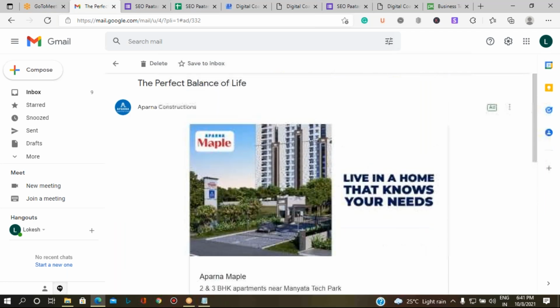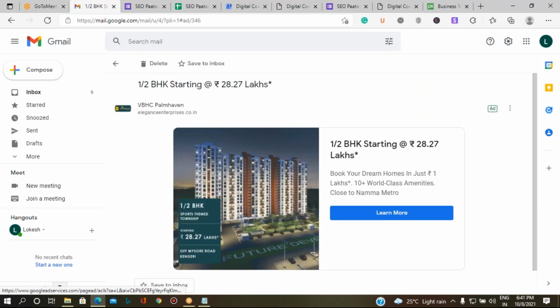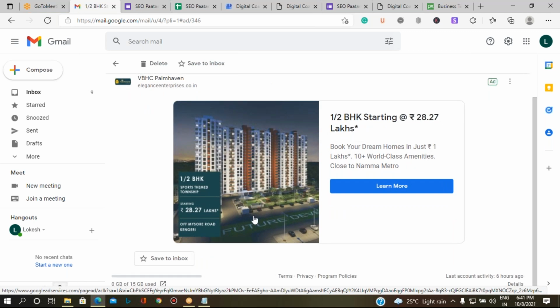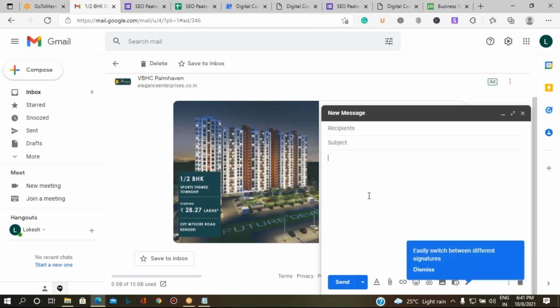By default it has taken this. Let me check another email. Here it gives information about their products and asks us to click on this action button. Is it possible to create content in this format in your normal mail? If I go to compose, we can see the content box, the body of the mail. Can we add an image like this and create content similar to this?